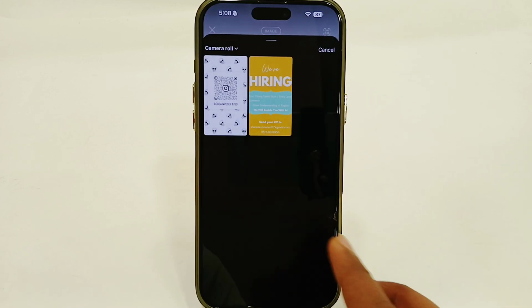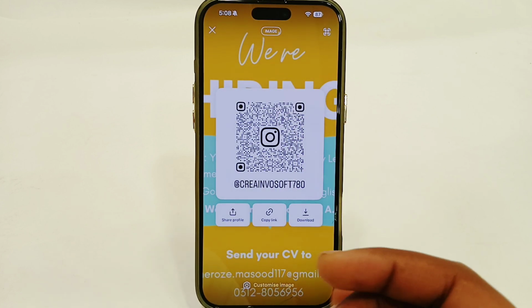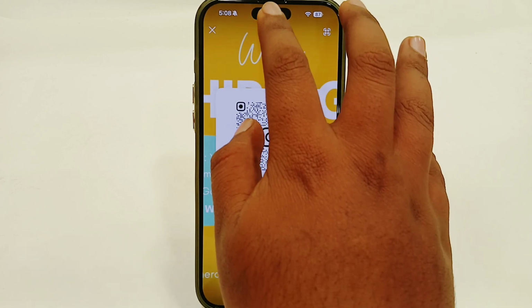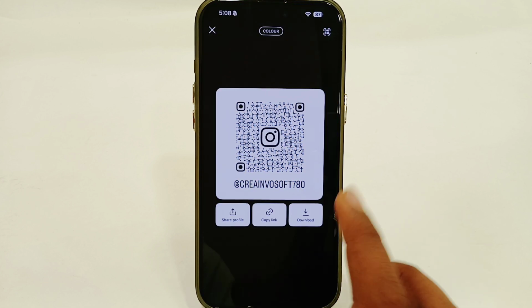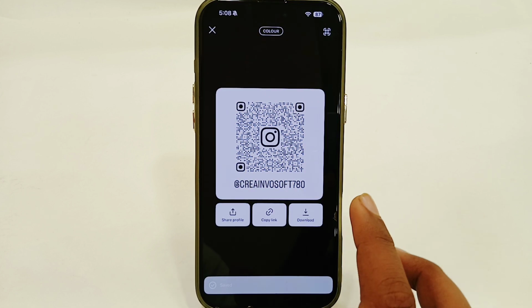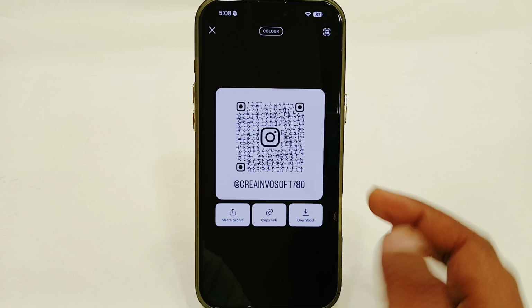You can also choose any image for a background here. So let's say I'm going to select this one. It will be saved as a background, or you can also tap on image again. It will go to the color section. So once you have done, just tap on this download option. It will be saved. If you want to scan any other person's profile QR code, just tap on the scan option